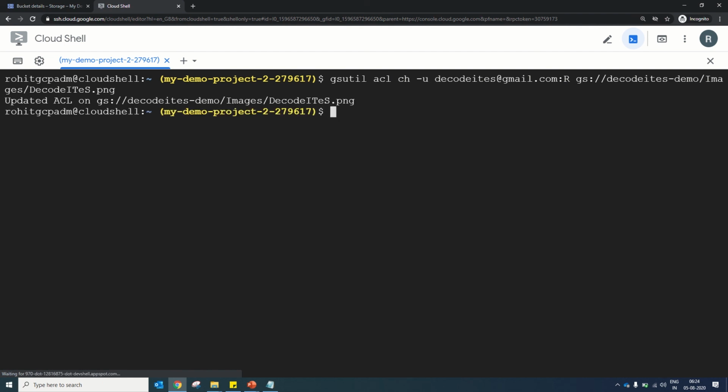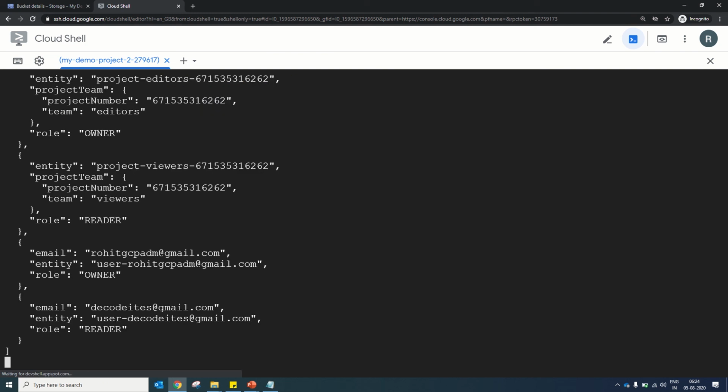Updated ACL on the particular file. Now we will retrieve the ACL for this file. And now you can see the decode_its@gmail.com user is added as a reader role. In this way, you can manage the permissions of buckets and files from Cloud Shell.